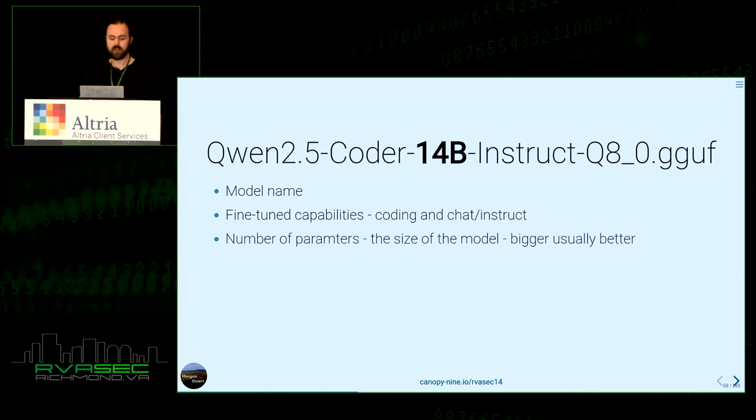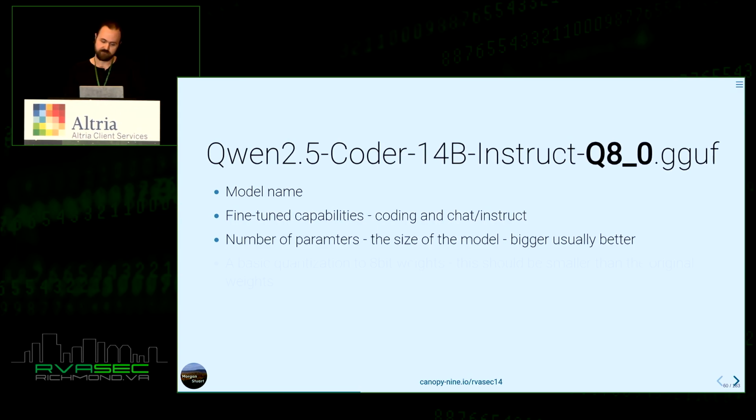And then the next most important thing is this 14b. This is the number of parameters or weights inside of this model, and essentially this is the size of the model. The bigger this number gets, the bigger the weights are going to be on your hard disk. And the bigger it is, usually the better it will perform. So you're going to have this trade-off. The larger the parameters, the harder it's going to be to run, the longer it'll take to run, but you will get better performance. So you want to try and find that sweet spot when you're building applications or solutions for yourself.